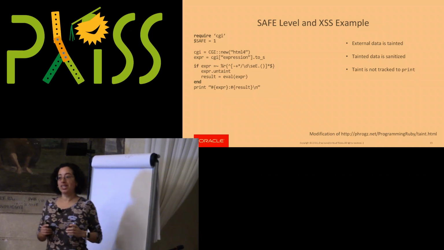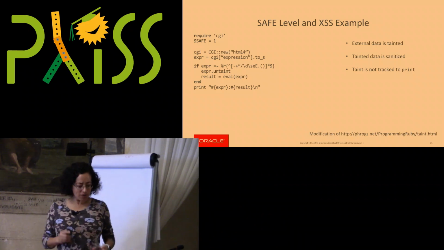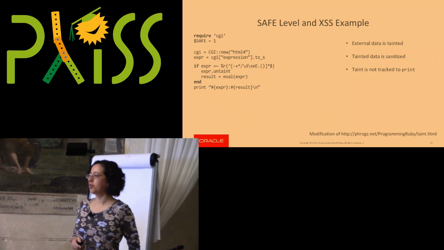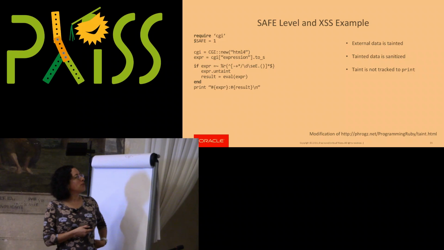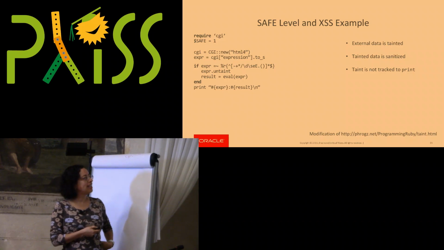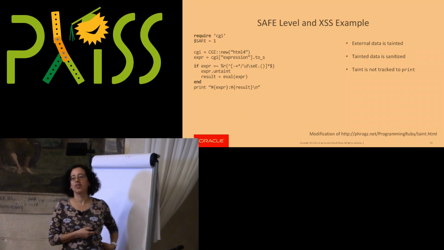Relates to one of the exceptions, right? Whenever there's exceptions, that's where you have to look for vulnerabilities. The same code. We're getting our expression. We're untainting it. We can evaluate it here. That's fine. But notice that we're going to do a print of this expression, right?